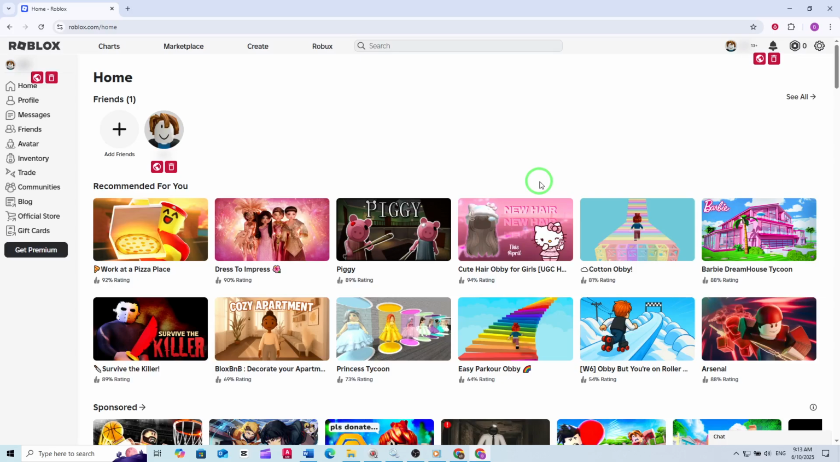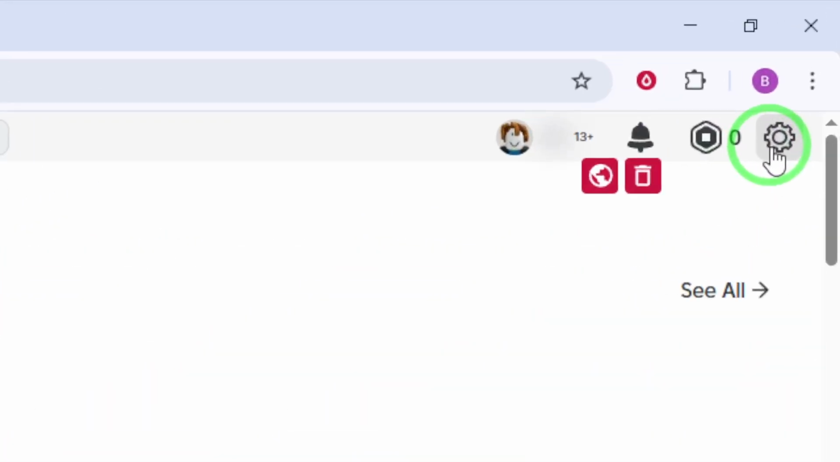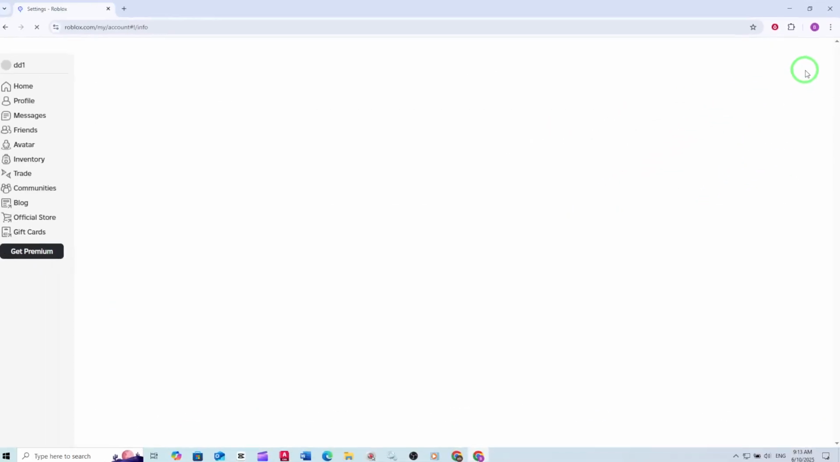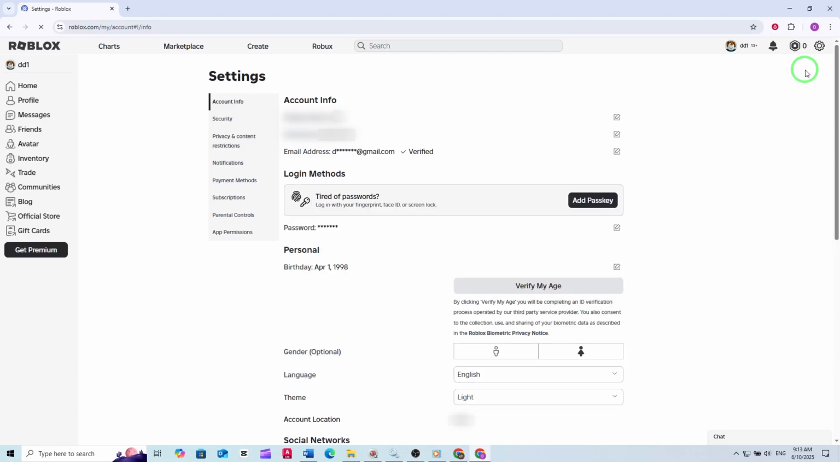Once you're logged in, look to the upper right corner of the screen. You'll see a gear icon. This is your gateway to all your account settings. Click on the gear icon, and a menu will appear. From that menu, select Settings. This will take you to your main account settings page, where you can manage all your personal information and security